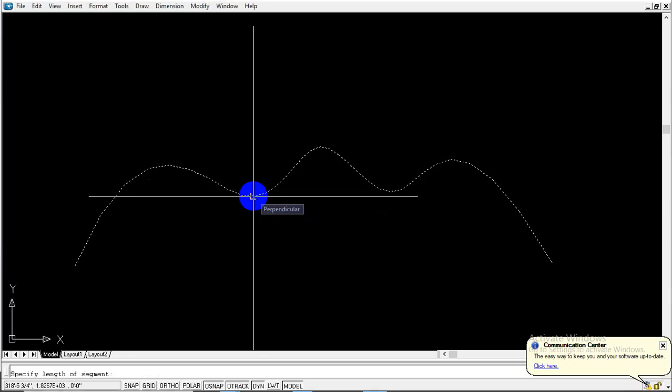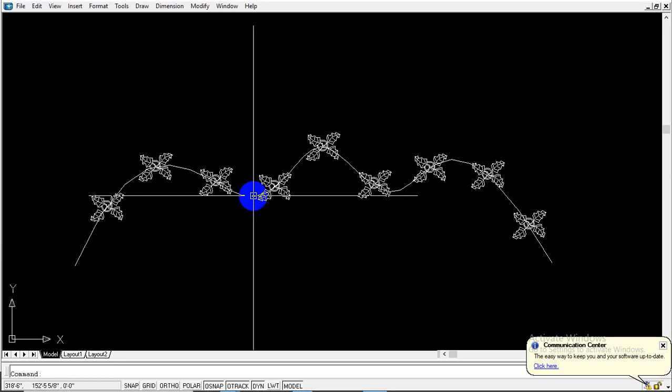Now simply give the segment length at which we want to insert that block. I am entering 30 feet here because this spline is a long one, and you can see that this block has been inserted here with a 30 feet segment distance.